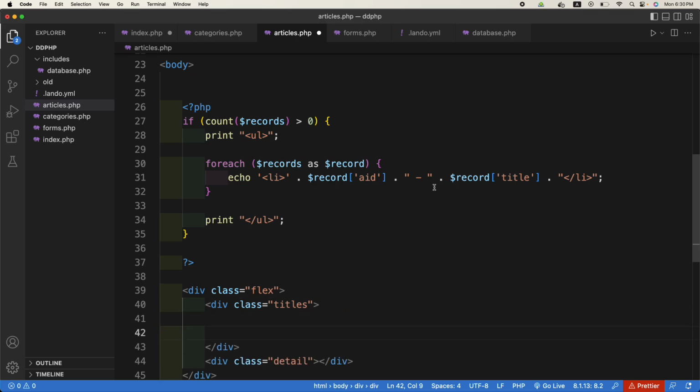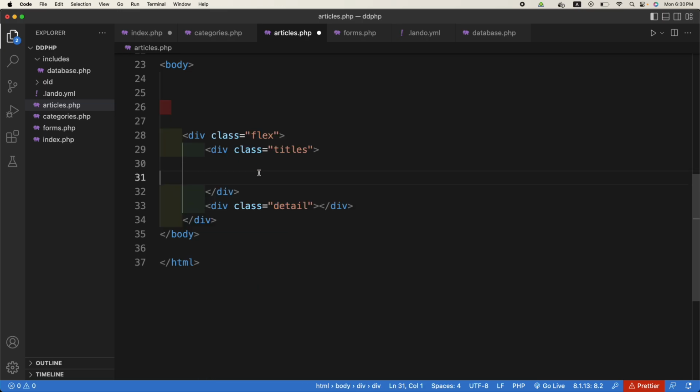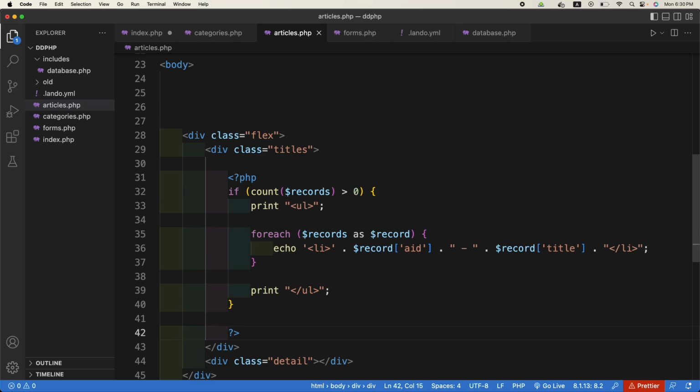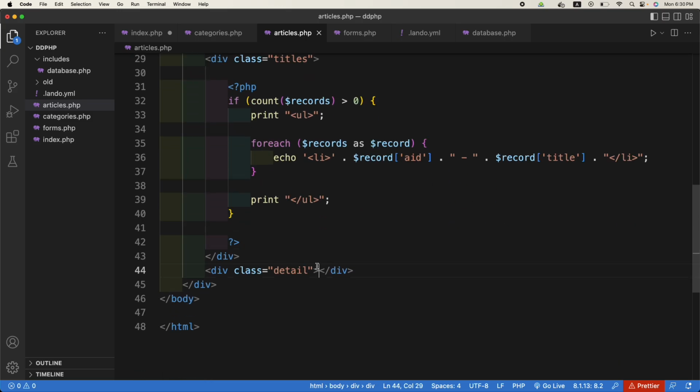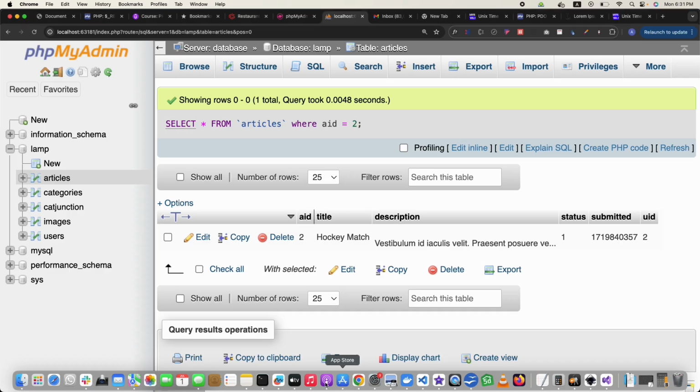So on the left we will move all this code to the left column, like this. And in the right I will just for now write this is the detail placeholder. If I refresh the page,